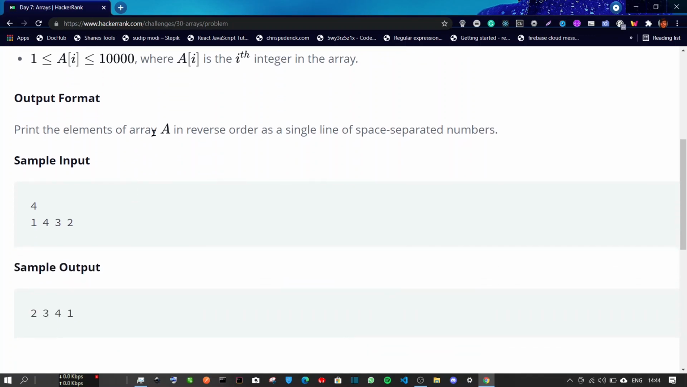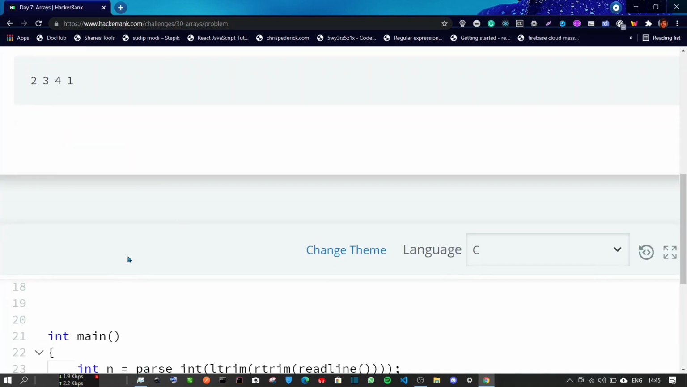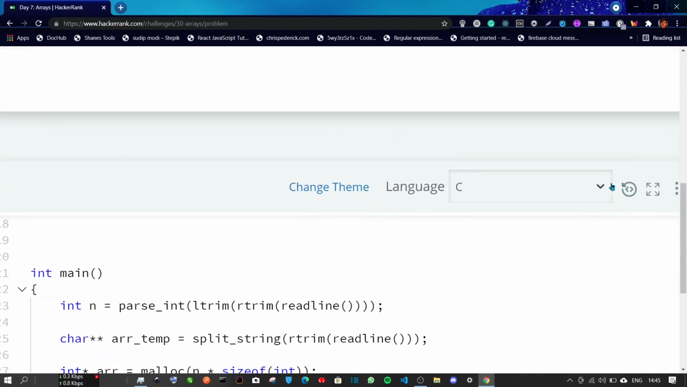The output format is simply that the array is printed in the reverse order as a single line of space separated numbers. So here is one more example. 4 is the size of that array, so we have 4 elements. The elements are 1, 4, 3 and 2 and they are printed as 2, 3, 4 and 1 in the reverse order. So we will be using the C programming language to solve today's problem, and